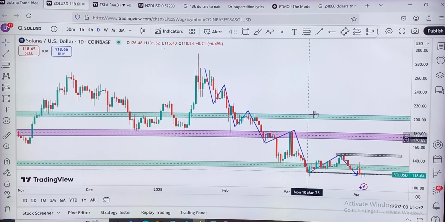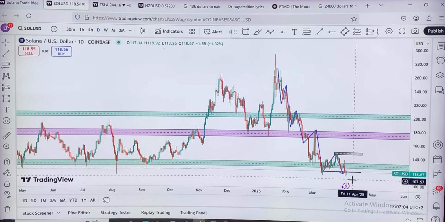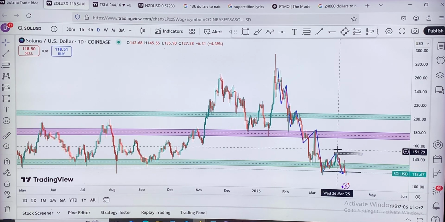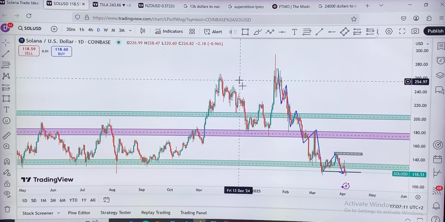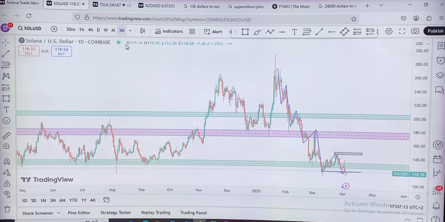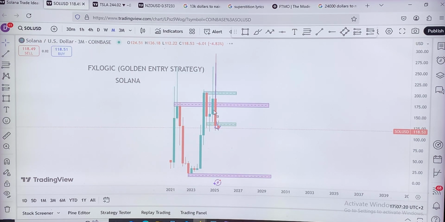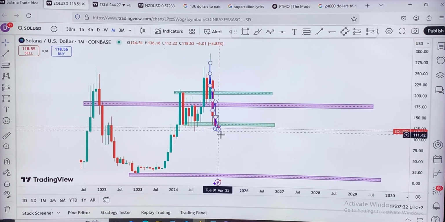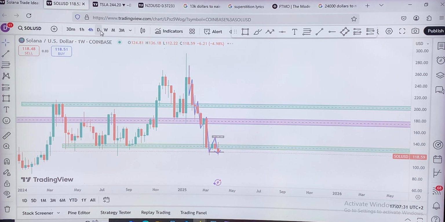So what could we see right now? We can see that on the daily time frame, the bears are in charge. You see, in the market, there's an overall trend. Now, the overall trend from the 3 months, we saw it bullish on Solana. All right, we went down to the monthly time frame, and the current chart we saw it was bearish. Weekly, the same thing, bearish, and the daily